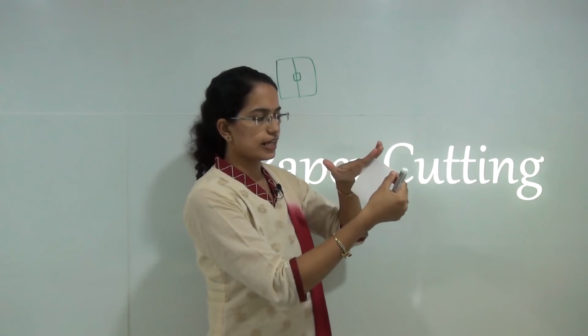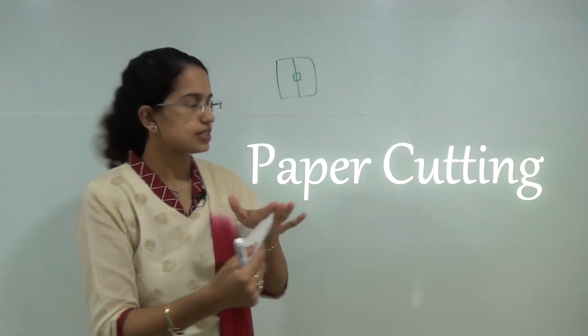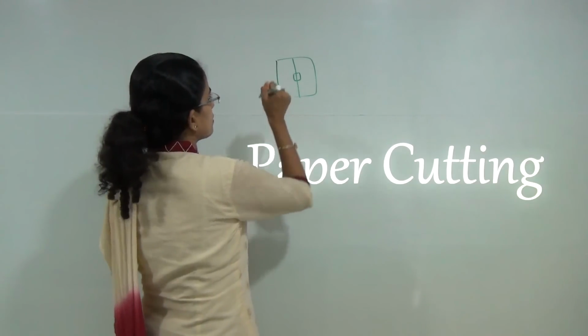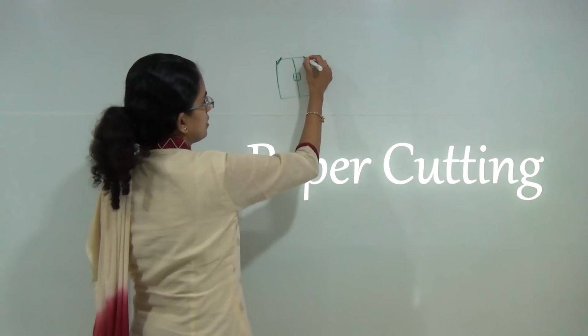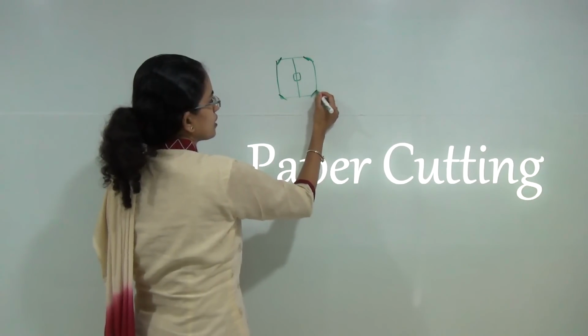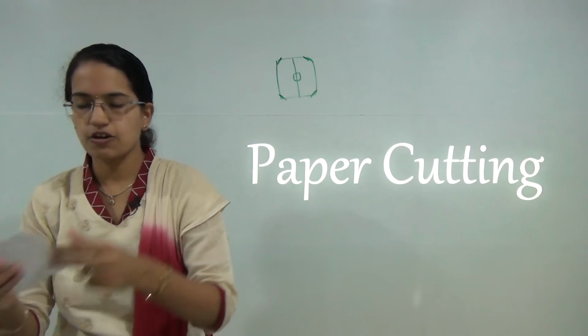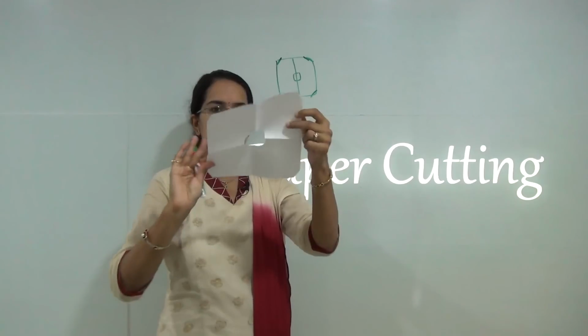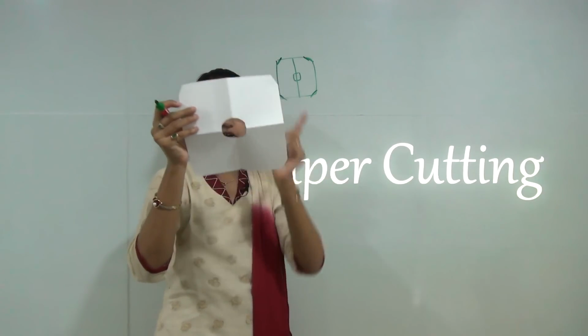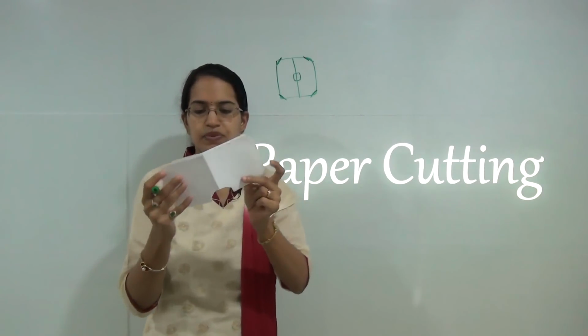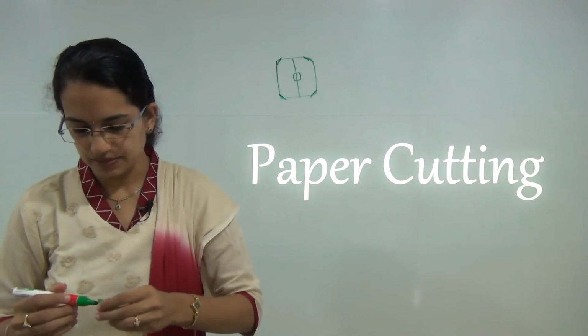However, if you are cutting out the corners, for example, in the same piece of paper, if I cut out this corner, what would happen? That means all the four corners would get cut off. So I have here the corner that is cut off. Now when I open this, I have corners that are cut out on all the four sides. So that was one of the simple steps.